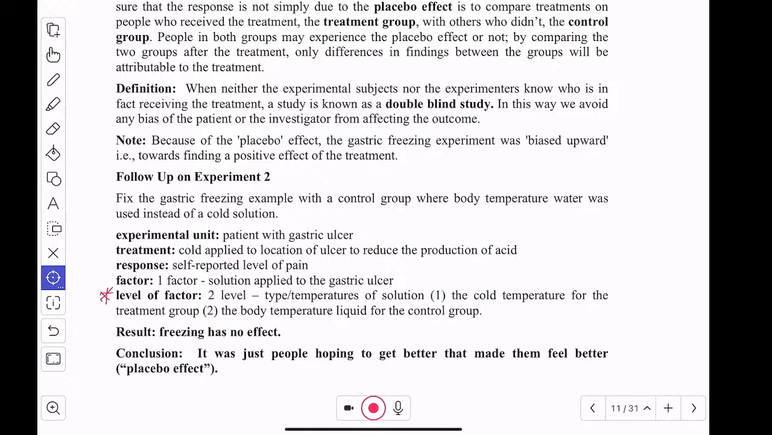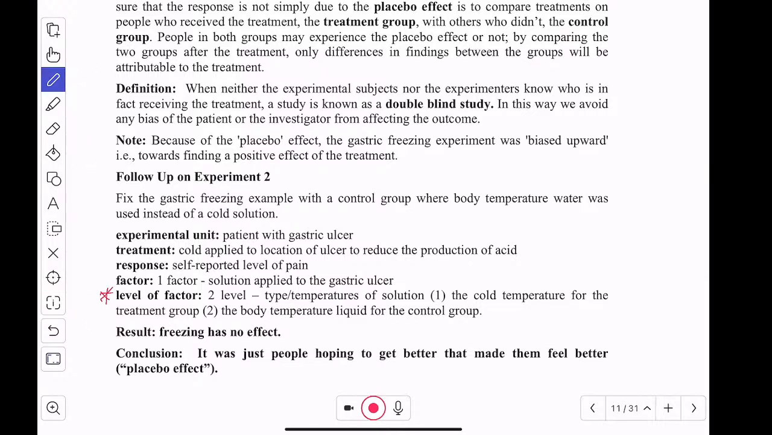So we have to devise this experiment so that the staff administering the treatment doesn't know which one they're administering. They're going to have to be in some sort of thermal container that they can't measure or feel the temperature of the solution that's being administered. So when it's conducted like this, it turns out in my hypothetical experiment that now the freezing, cooling has no effect on the patients, because